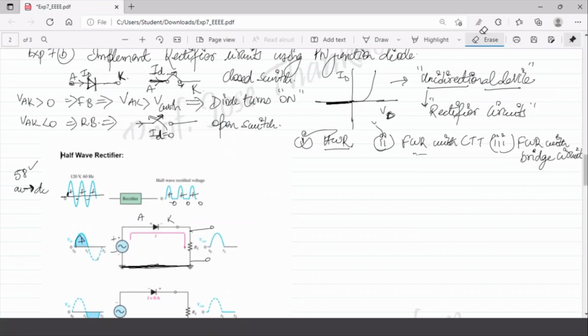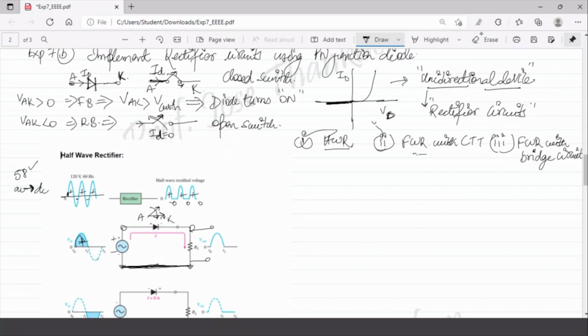So this is positive, in the positive half, and that is connected to the anode, which will be forward biased by this PN junction diode. This will behave as a closed switch instead of open. Now this will become a closed switch. That means whatever the potential at this point, that voltage will reach this point also.